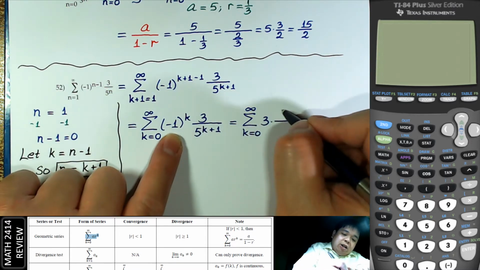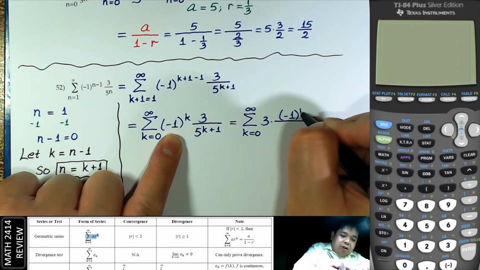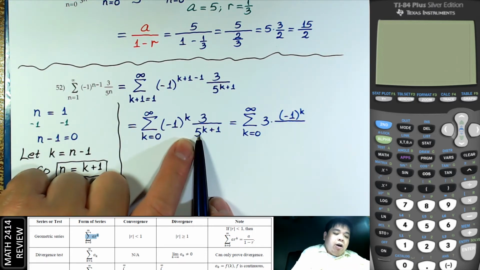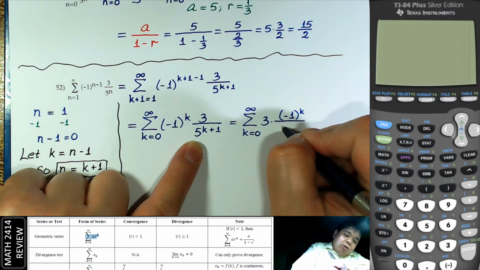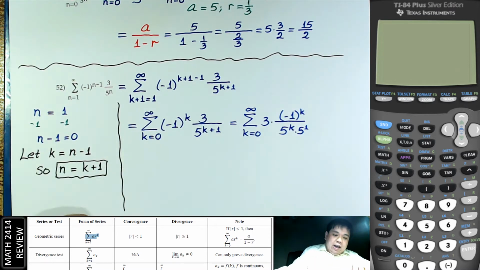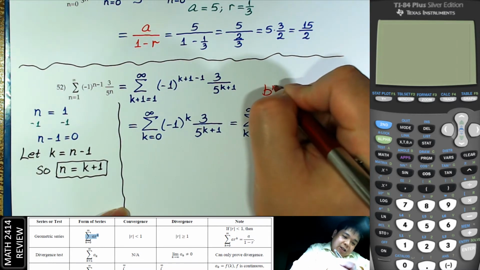We move the -1 here to the k on the top. Now we need this to the k. So 5 to the k plus 1, we can write as 5 to the k times 5 to the first. And of course the formula of that is